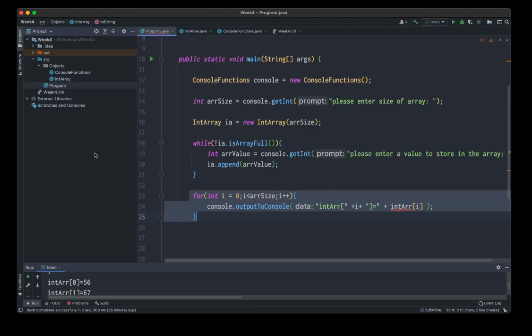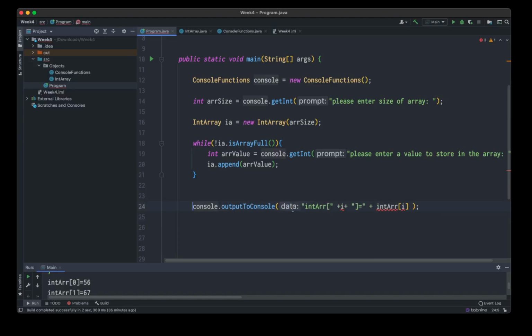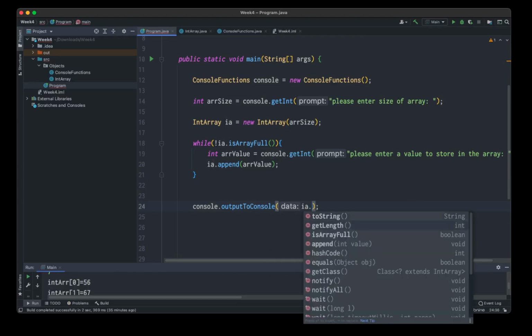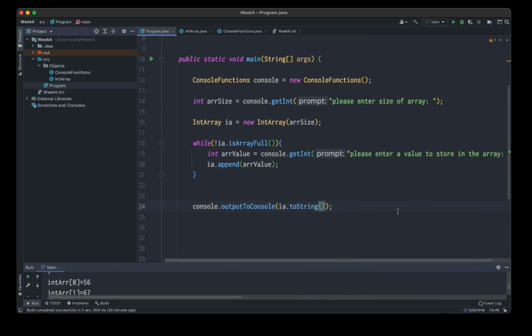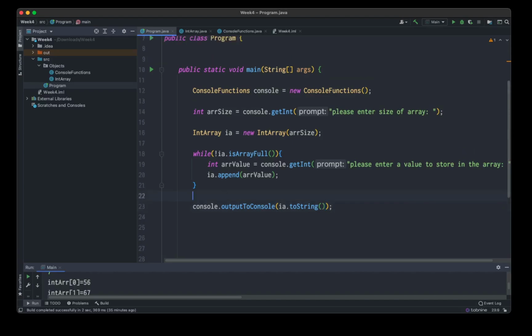Let's go back to my program. We don't need any of that. We don't need to loop here because all the looping is now hidden away. I just simply go to my console output, get rid of that, and say objectIA.toString. That's my method. It should now display what's inside it. Let's have a look. Run it